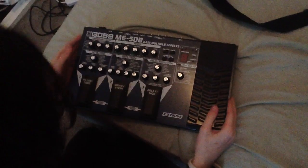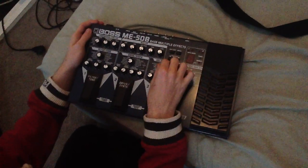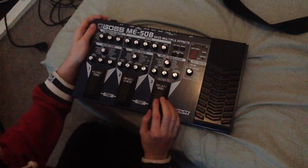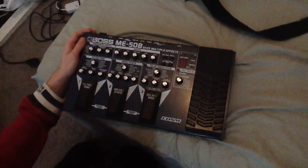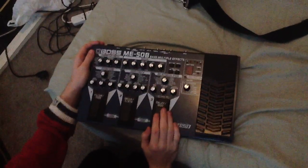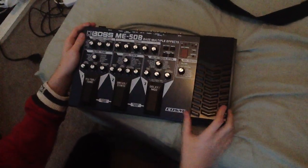And lastly, over here, before we go on to the expression, is my delay and modulation, which gives you about 5 different types of delays, and some phasers, flangers, chorus, and reverb effects as well, which is all pretty basic. Then over here you've got my expression pedal, which apart from volume also gives you a wah effect,